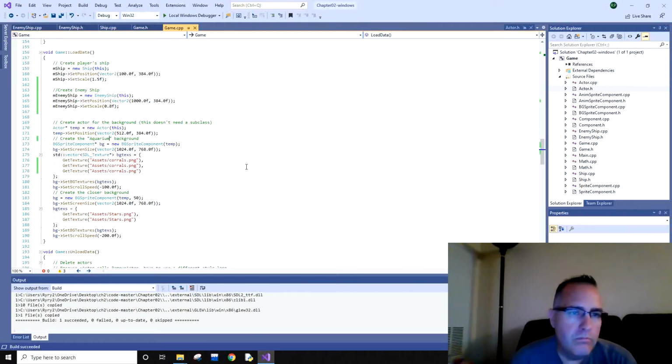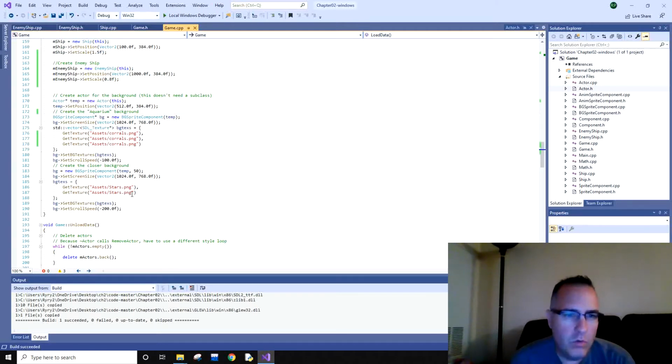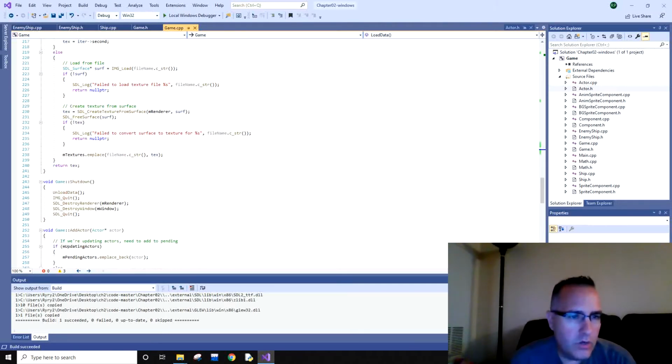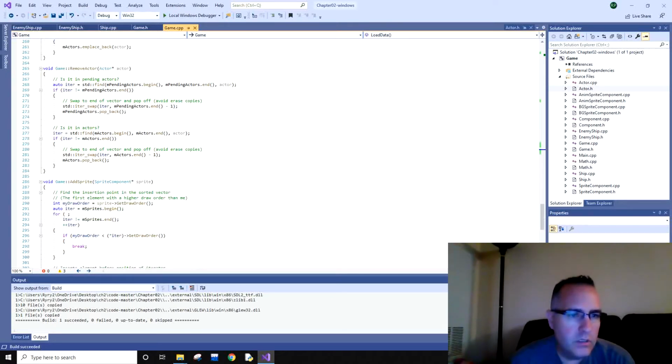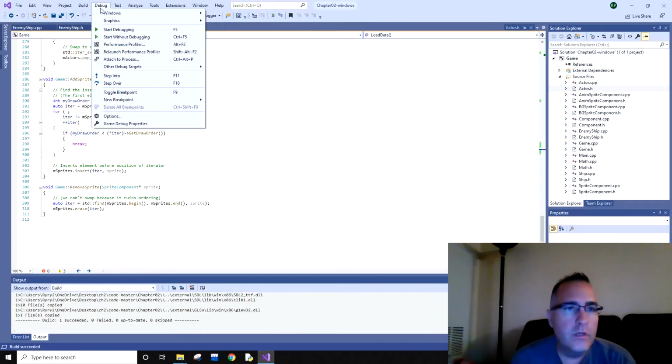And then I basically went out to the internet and I found a picture to make it kind of look like an aquarium. So that's what my new background is going to be. I kept the stars because it worked really well. It kind of looks like bubbles, so it worked very well. Other than that, everything else is basically the same. I didn't have to change anything else. So as I run it,